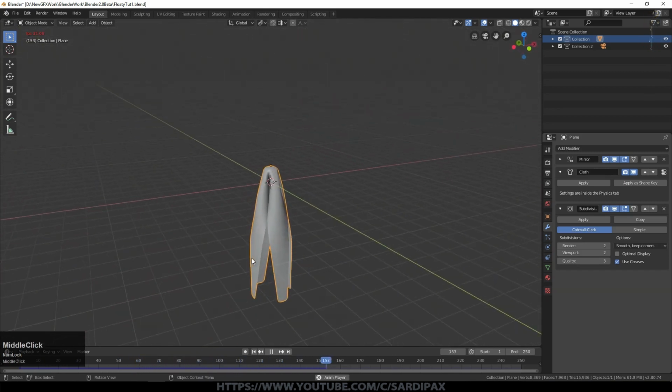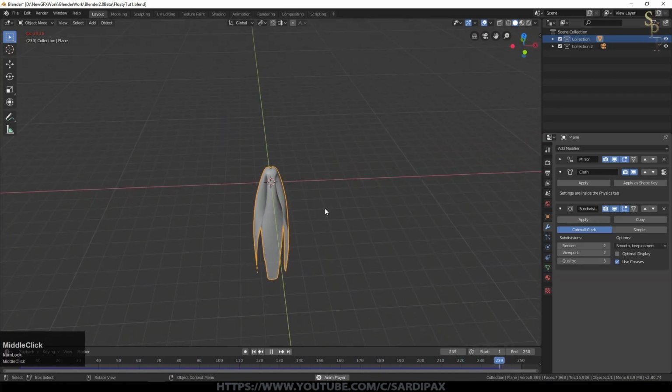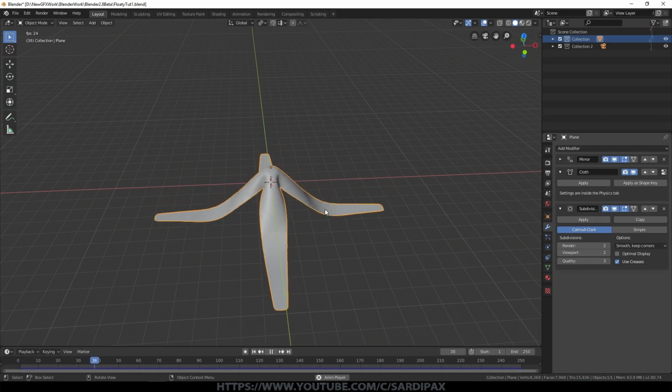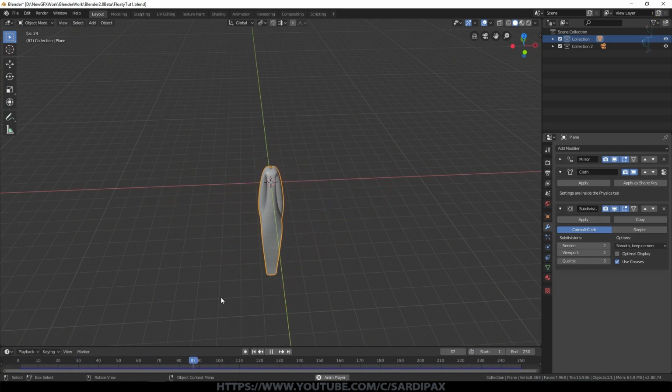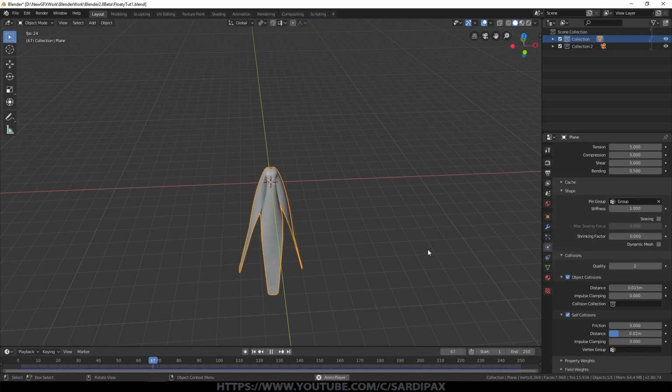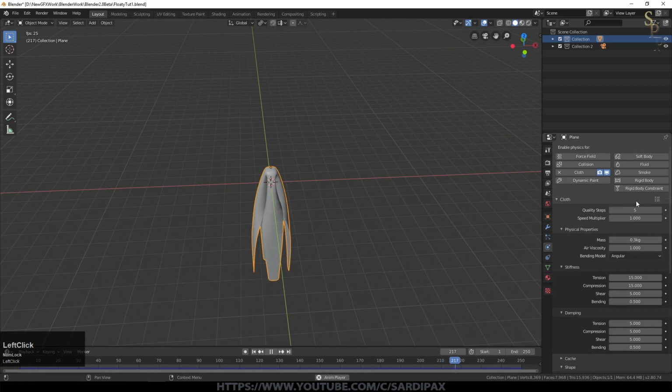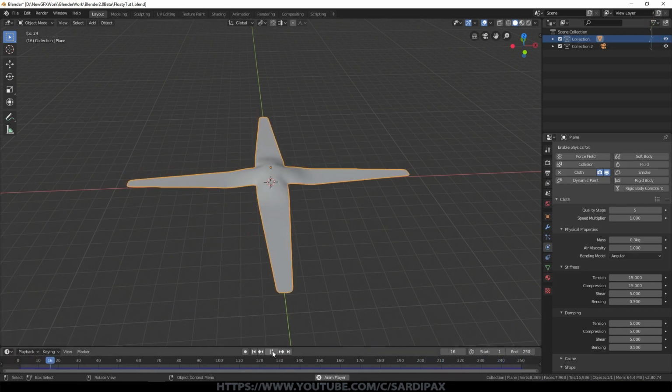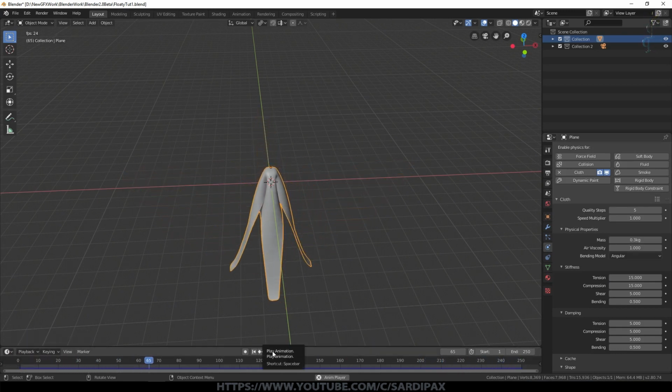And as is the case with a lot of simulators, there's a little bit of messing around often required just to tweak them, just to get them stable enough to use. So that's working, but there's a few tweaks we want to make to it. So the first thing I changed was the speed multiplier. Up at the top here, you can see the default is 1, so that's simulating how cloth of this particular type might behave in real time.